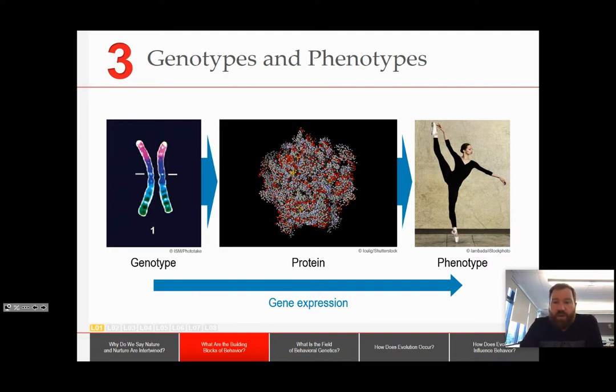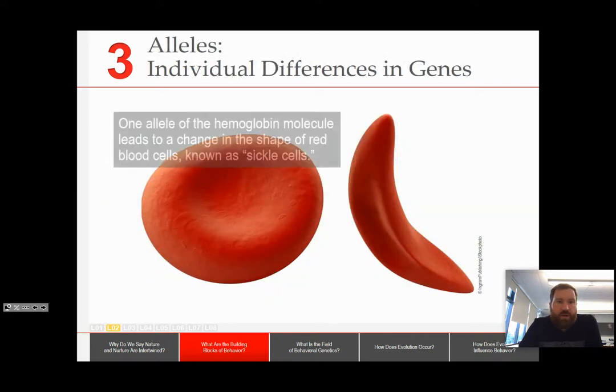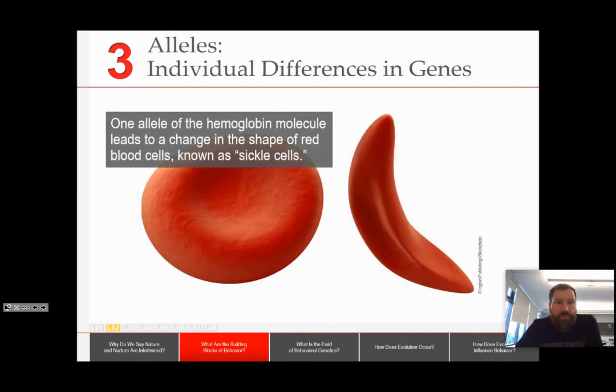This also ties into what we call alleles. So alleles are the individual differences within a gene. So genes, while fairly similar, are not exactly the same person to person. This is what causes slight differences despite having the same kinds of genes. Even a gene like the one that regulates hemoglobin, which is in our red blood cells, varies person to person. These slightly different versions are called alleles. Okay.